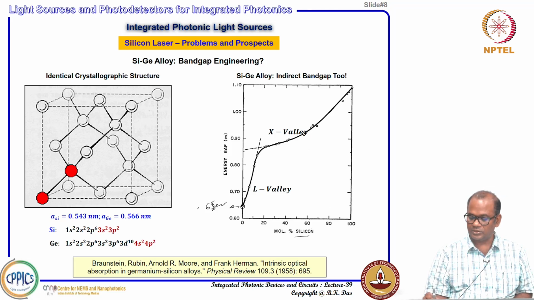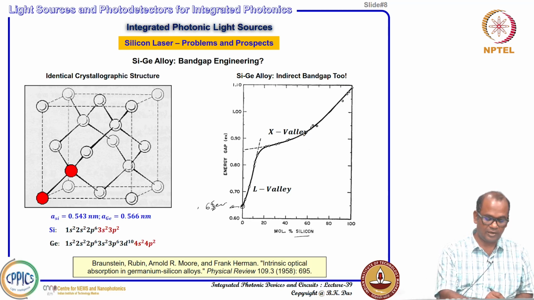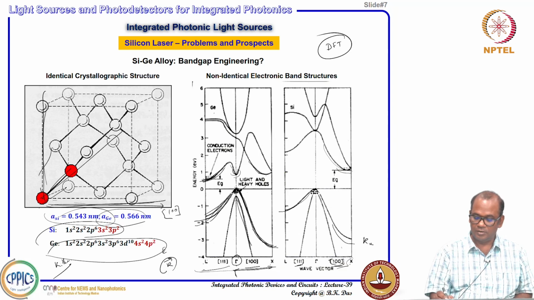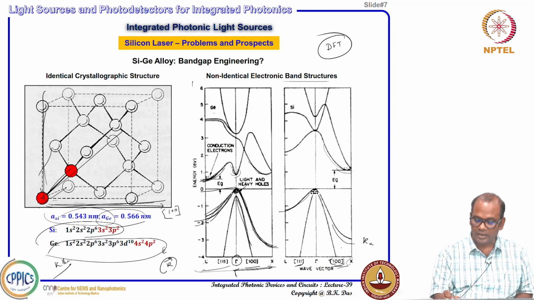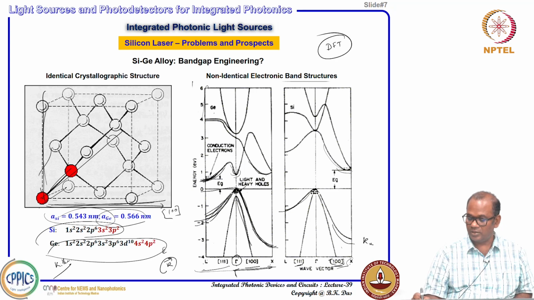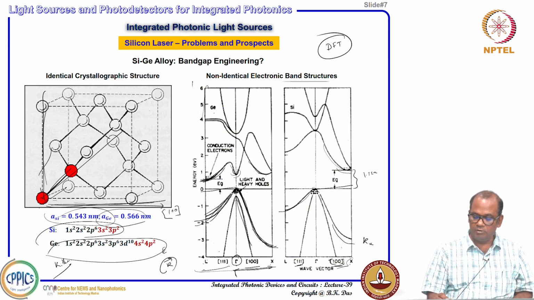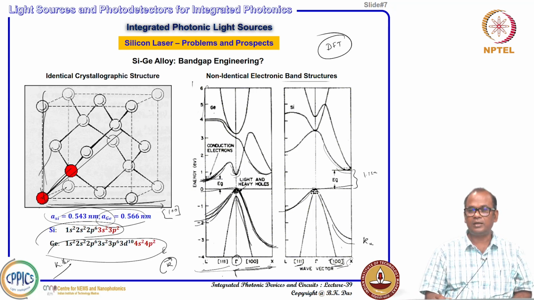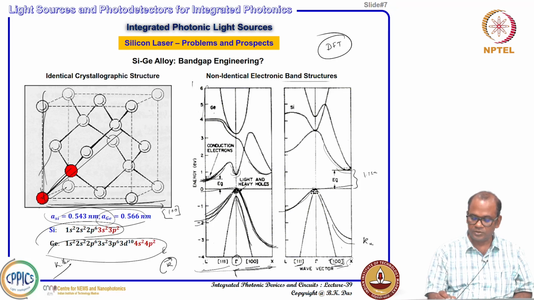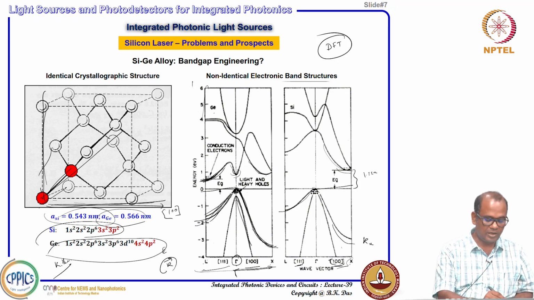As you keep on increasing silicon, because for germanium the band gap, if you just check here, this is the band gap. This is your energy in electron volt, this is 0, and it is about 0.65. But for silicon the band gap, EG, is this one, about 1.12 electron volt. So, when you are increasing your silicon content,